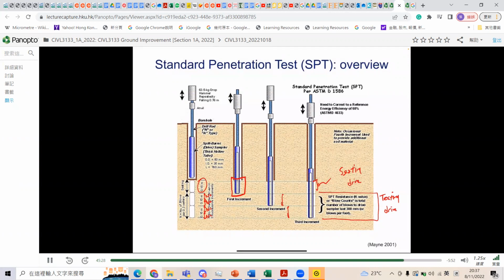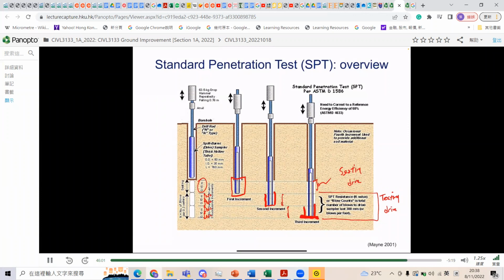And let's say everything goes smoothly and you get your two 150 millimeter increments and you count the number of N's, then you stop. And again, for the testing drive, there are also termination criteria. Let's say it's 100. If you smash the testing drive more than 100 times and you can't reach 300 millimeters, then some projects would advise you to just stop. So after you reach this founding level here, and let's say you achieve 300 millimeters,